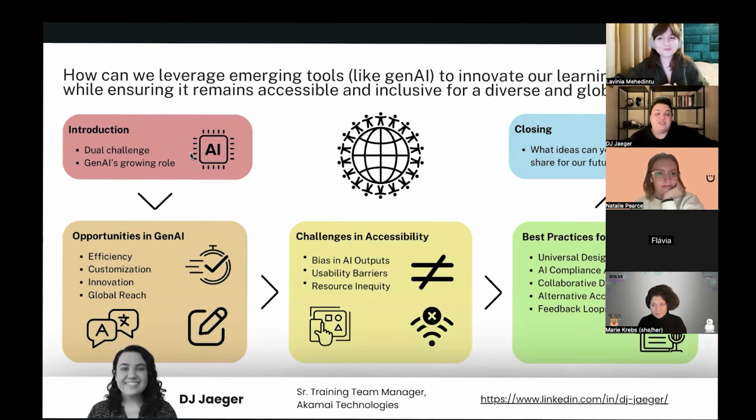So some of the opportunities offered by these future tools, by generative AI: efficiency, a shorter timeline to delivery and that faster development cycle, a more iterative design that can take place more efficiently as well. There's customization, really creating personalized learning experiences based on the learner needs, like Lori talked about earlier, really creating something that is personal to the learner.